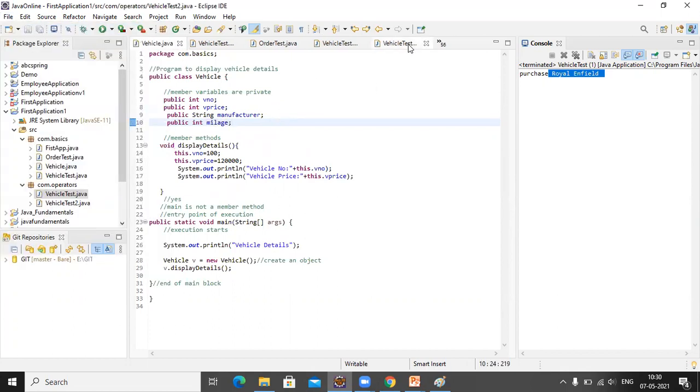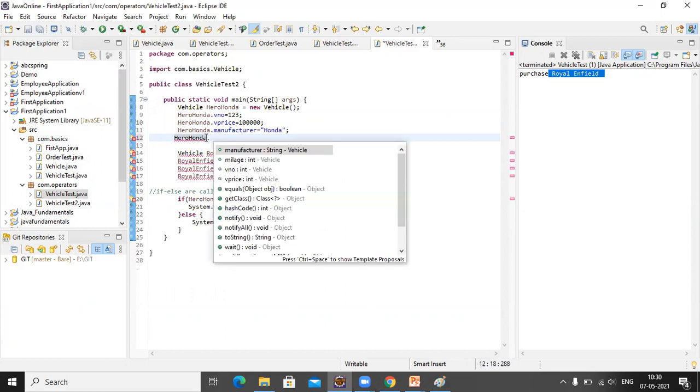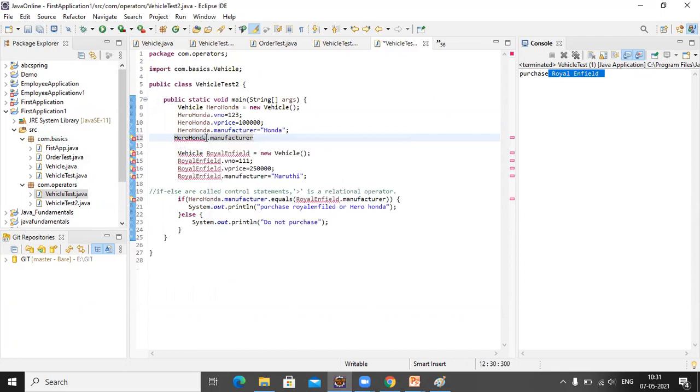So in vehicle test, we will take mileage. Hero Honda dot mileage equal to, let's say, 70 kilometers per hour.